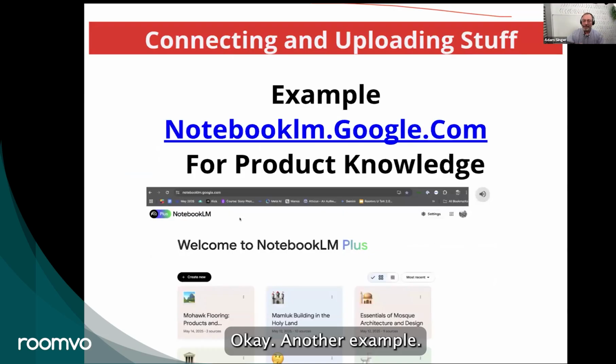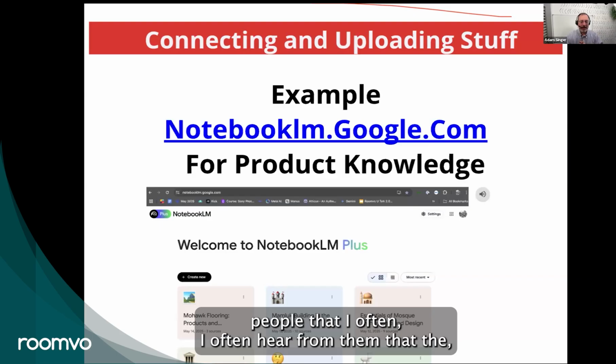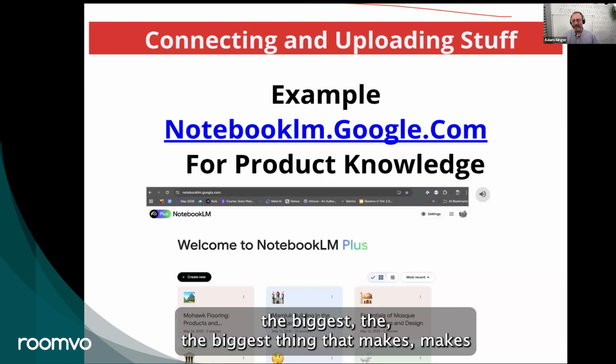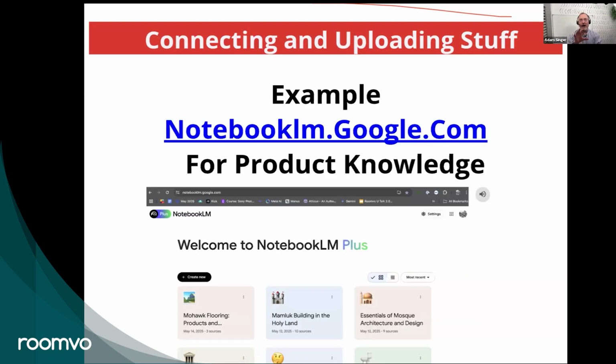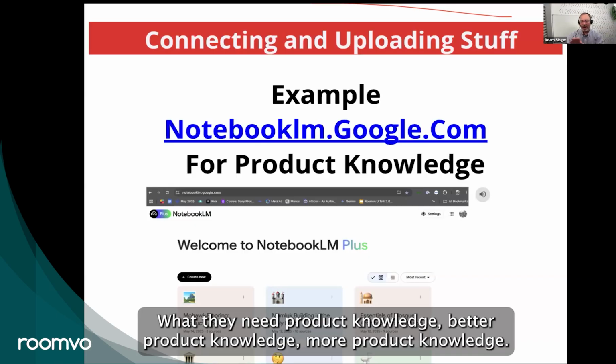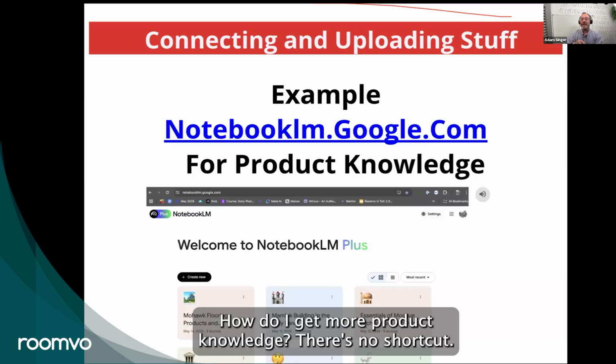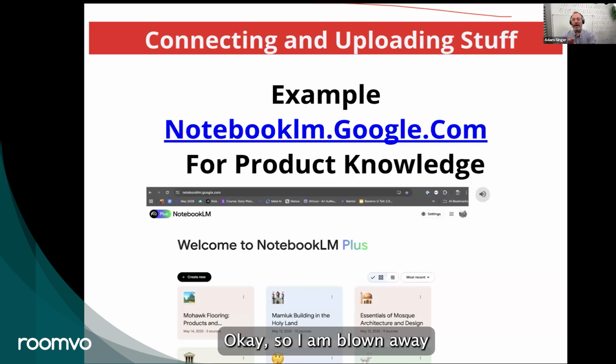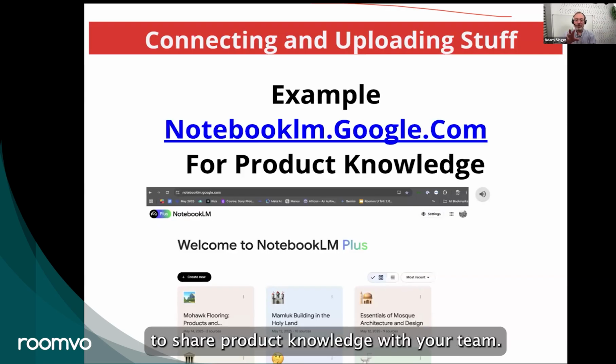Okay, another example. So when I talk to flooring store people, I often hear from them that the biggest thing that makes salespeople more successful is product knowledge. What do they need? Product knowledge. Better product knowledge, more product knowledge. How do I get more product knowledge? There's no shortcut. Okay, so I am blown away by the abilities of AI to enable you to share product